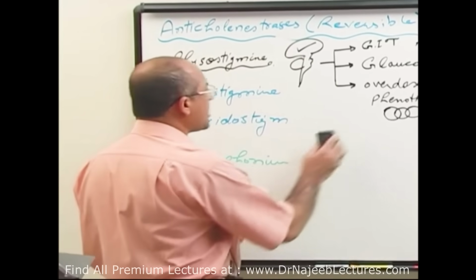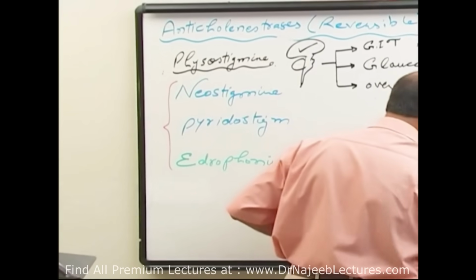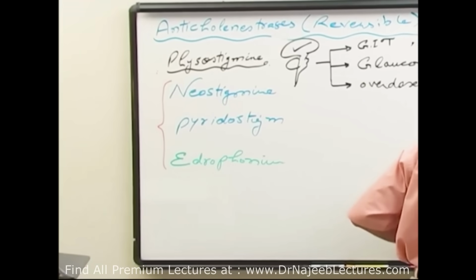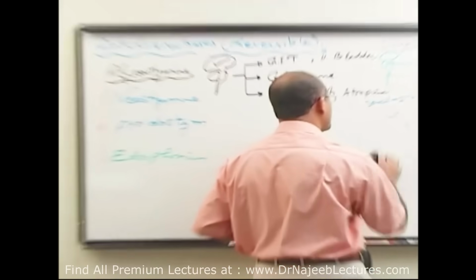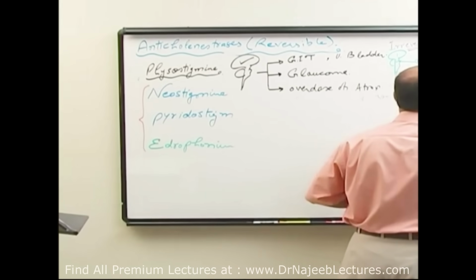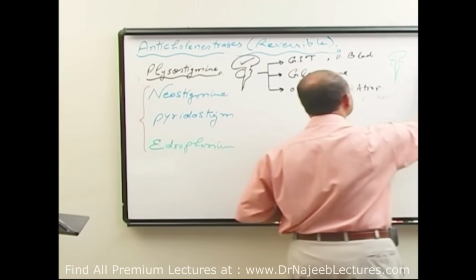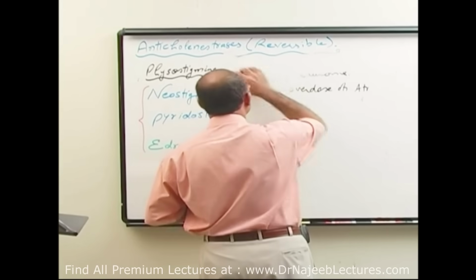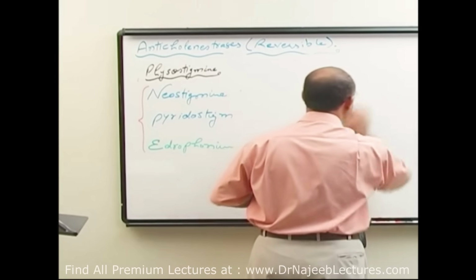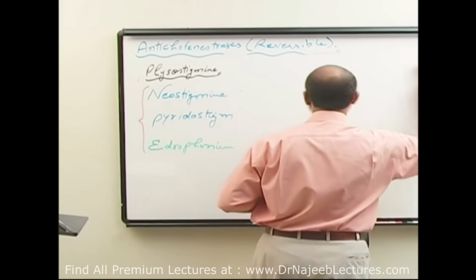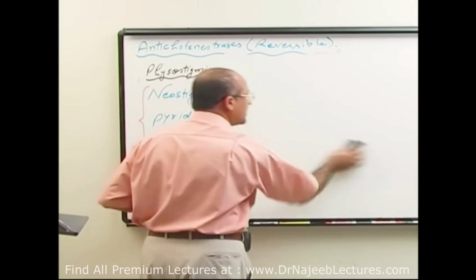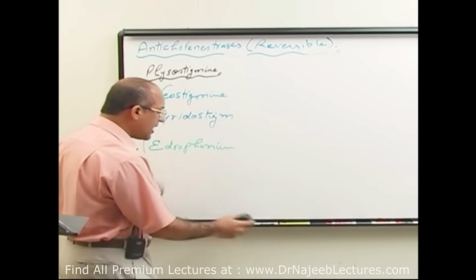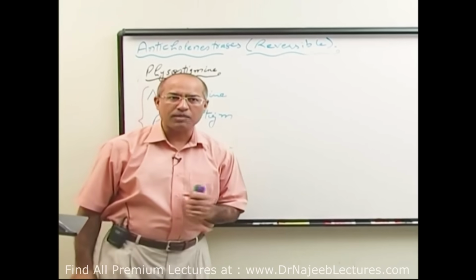After discussing the pilocarpine, now I will talk about neostigmine. I told you pilocarpine is a natural compound, it's an alkaloid, but neostigmine is synthetic. Pilocarpine was a tertiary amine and neostigmine is quaternary. So neostigmine is more polar compound, right? But both of them are carbamates. They are having carbamate groups.